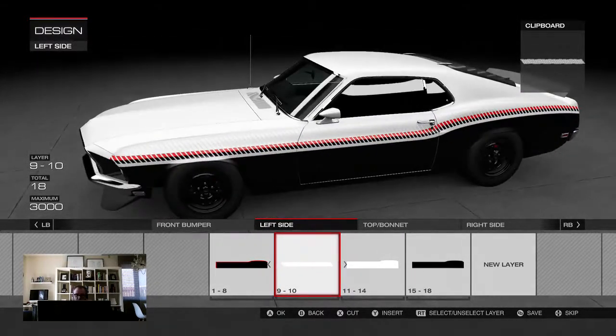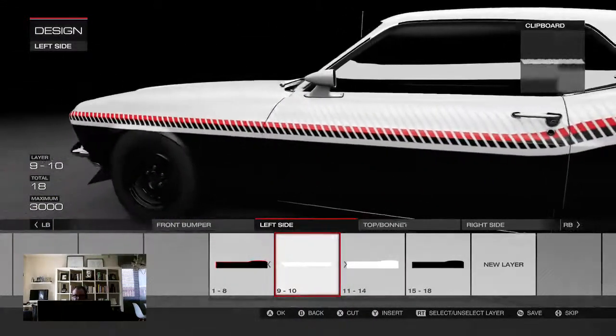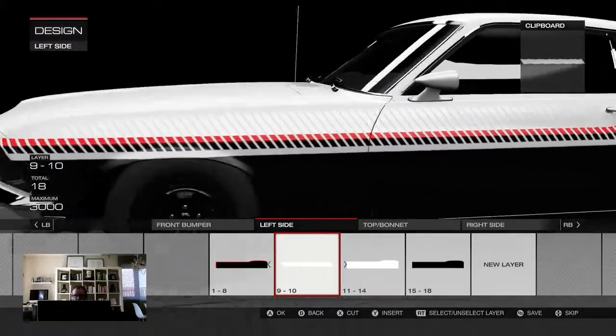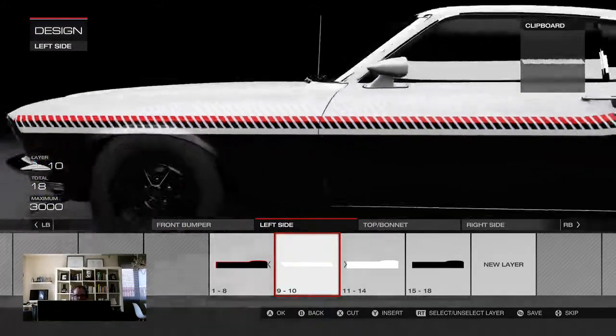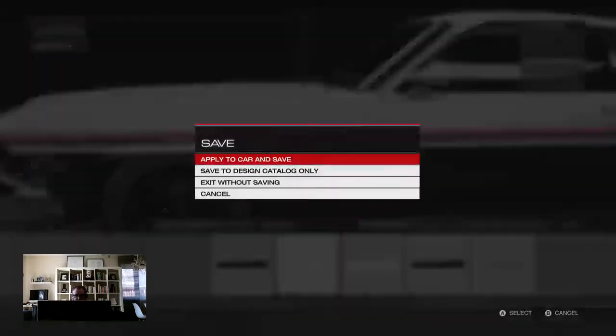There we go. Now, as you can see, because of the material, you can see the stripe there, the white stripe on the white background. But once you change the paint back to gloss, you won't be able to see that. For example,